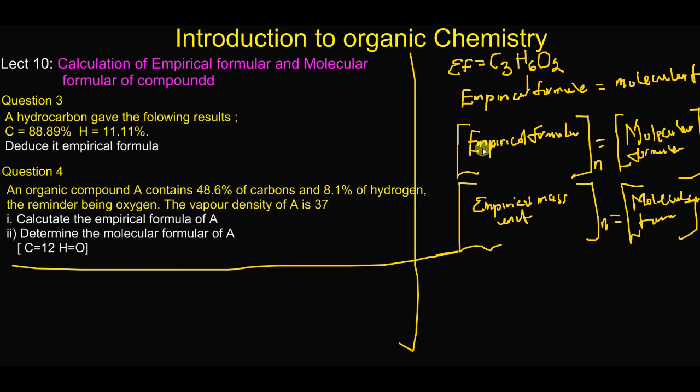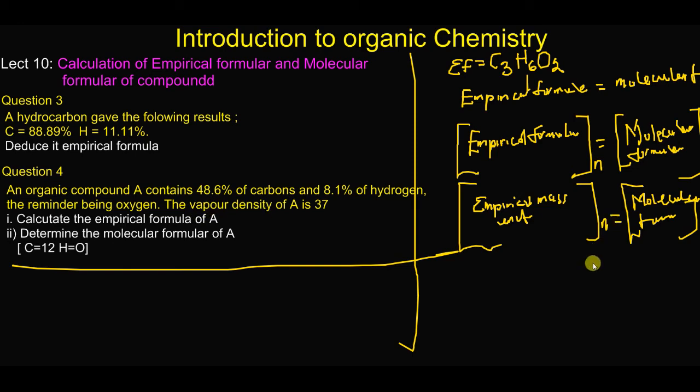This is because the empirical formula just shows us the smallest ratio of atoms within the compound, and the molecular formula shows us the exact number. So this gives you the empirical mass. When you get the smallest unit, you can multiply it by a common factor and equate it to the molecular mass. So in the question, they gave us what we call the